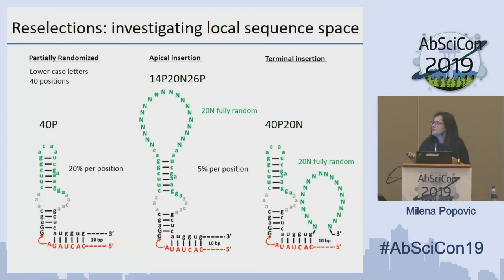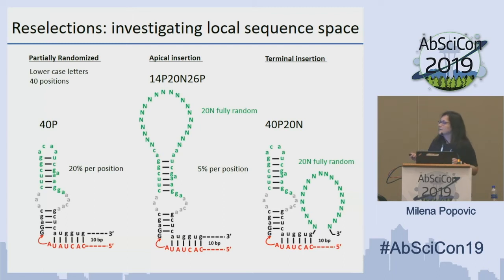We wanted to examine the extent of this trend. So if we continue to grow these ligases, can we obtain even higher levels of activity? And to do this, we reselected the most active ligase, so the winner, the internal loop ligase. We mutagenized it in 40 positions for one of the trajectories, and then added a fully at 20% per position, so